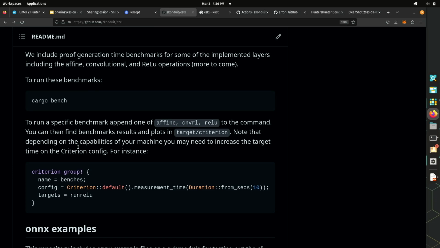So can you run the main models with this repo? Like this YOLO model, can you run it? Yeah. Okay. I understand. Great, thanks.